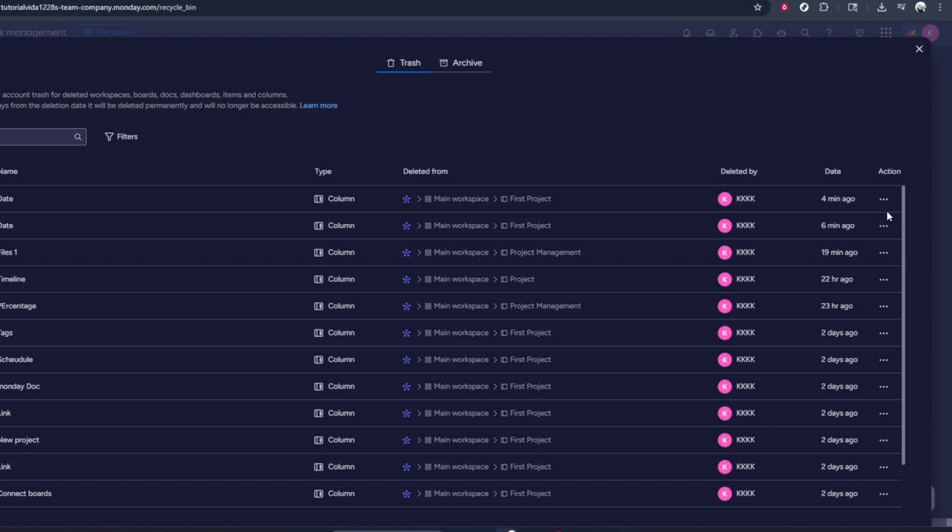Keep in mind that what you can see or restore in the trash may depend on your role and permissions in the account, as well as how long ago the item was deleted. And that's all there is to it. By clicking your profile icon in the top right corner and then selecting Trash, you have a quick and reliable way